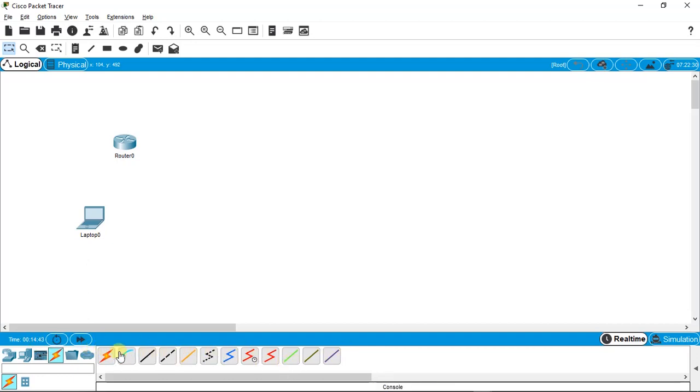But if you don't know what type of cable you can use to connect to this device, for example, you can just click on this automatic one that looks like a thunderbolt, and click here and click here. It automatically picks the type of cable to connect the router and the PC together. But let me assume that I know. I'm going to cancel it and use this crossover now, click here and select to plug it into the Ethernet,